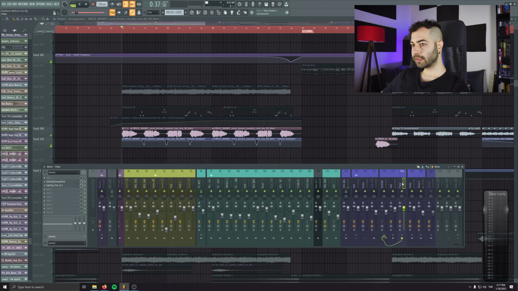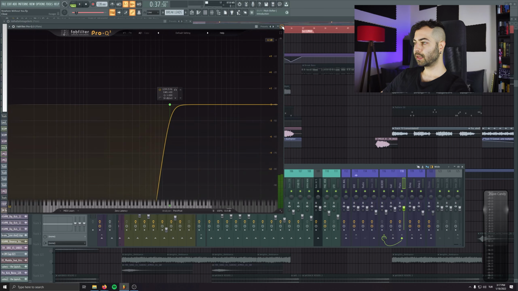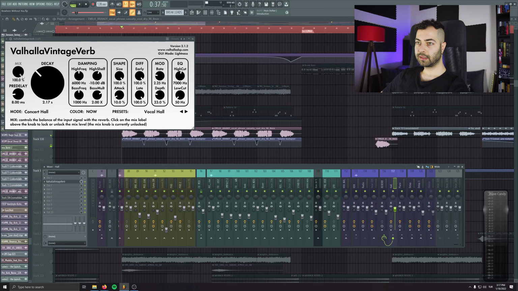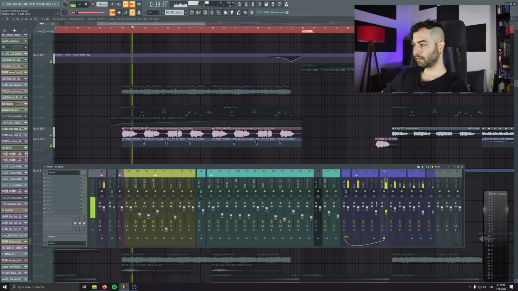And if we check the FX, we are using this chain. So we have a reverb group in here. They have reverbs with 100% mix and then some EQ. And I have another reverb. This time, this is a hall. So we are using one hall, one plate. Hall is gonna be more wide, plate is gonna be more small and bright. So with this, we can just blend 2 different reverbs. If I send the reverbs to one channel, I can just work with its volume. That's all.